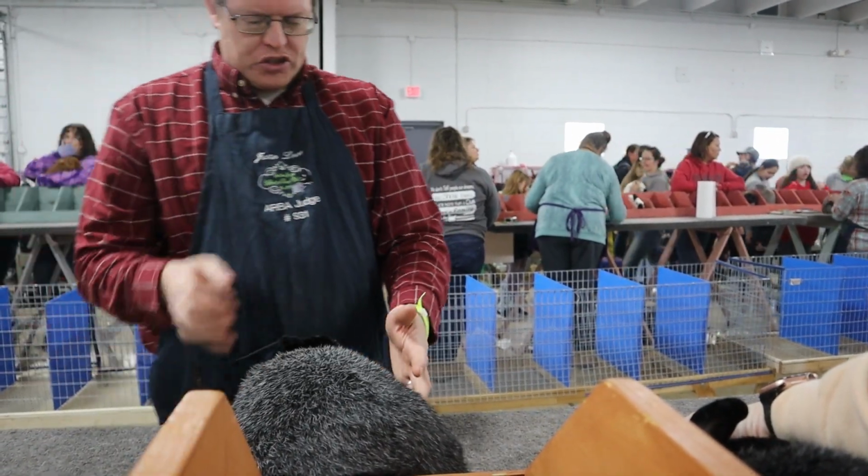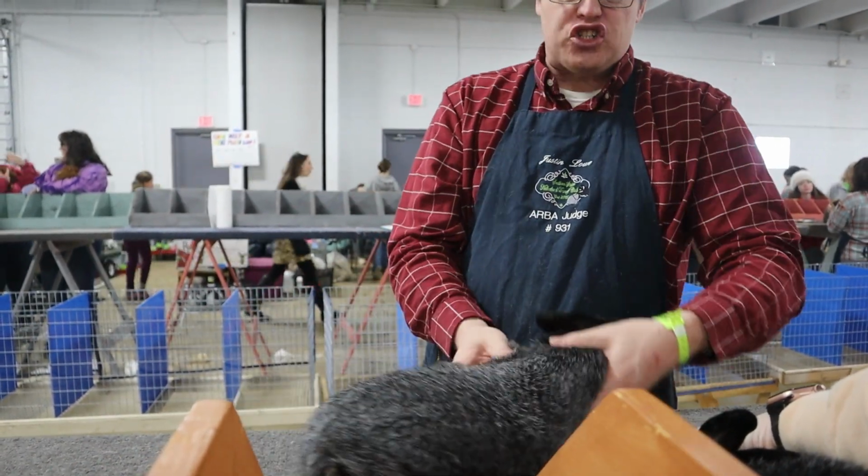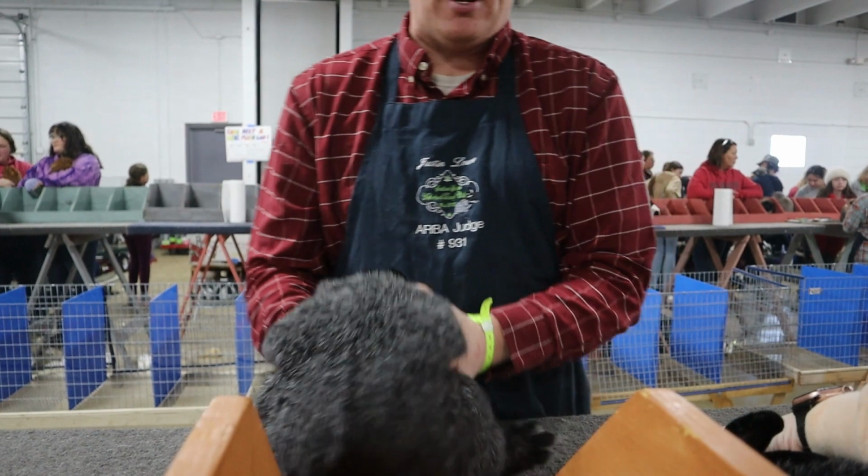But when you look at all of his extremities, they're all very dark. His feet and legs, especially the ears, they just don't balance with the silvering everywhere else. So that's where